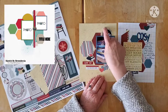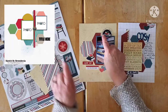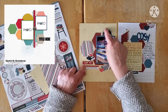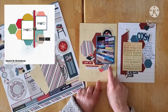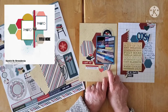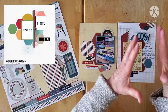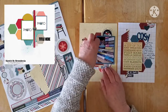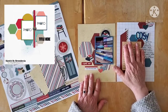dimension. There is a circular element on top of the photo. So I went with one of the stickers from the sheet, which is Books I Love, this little bit of a book. So that side, and then another little hexagon under here. And this is just using my punch. It's a smaller one. And then I went over to this side. So I got my hexagons, the circular element and my photo down, and then I went over to this side